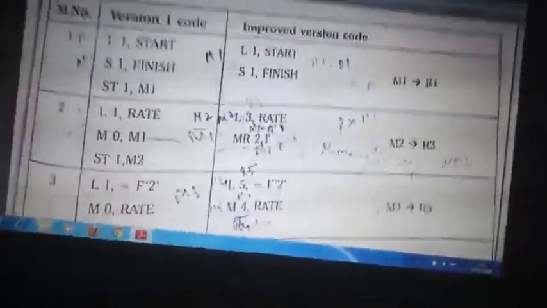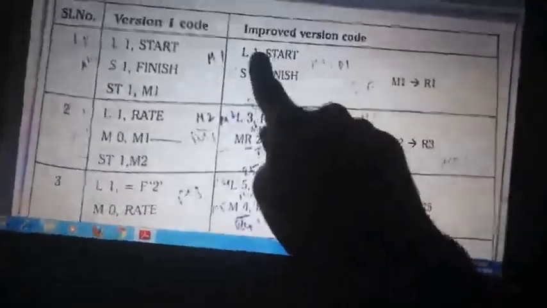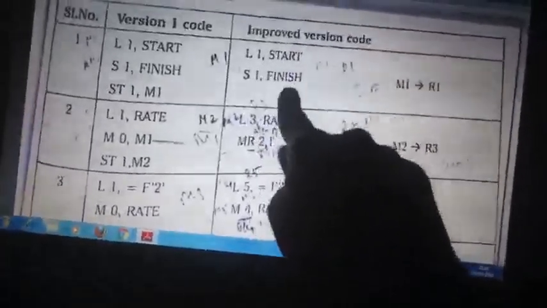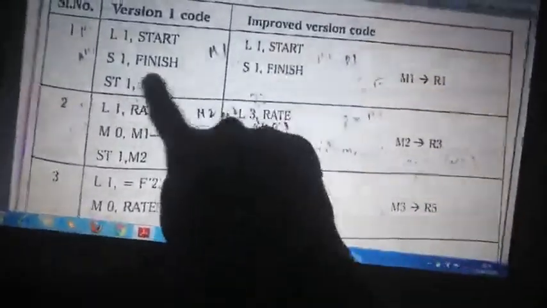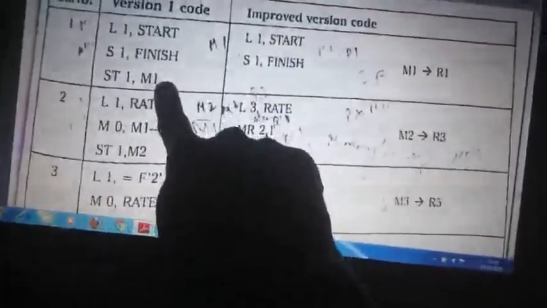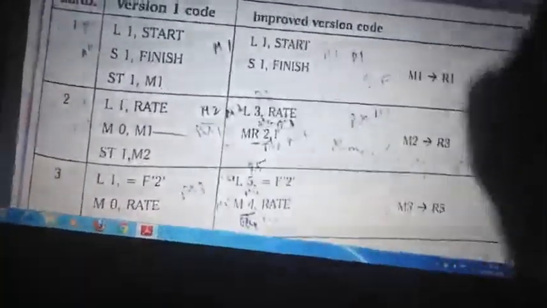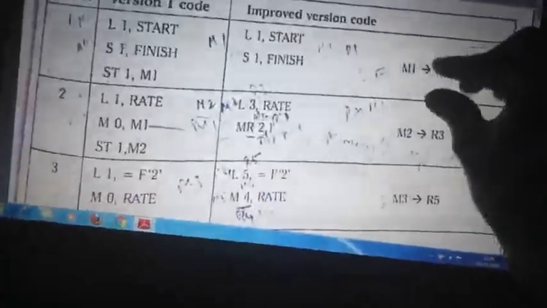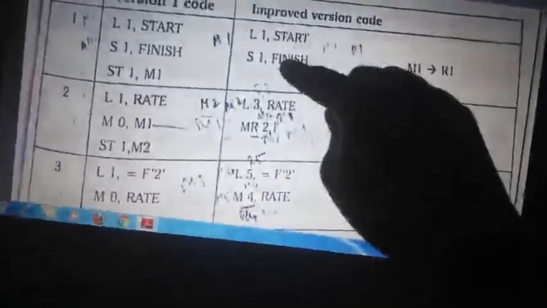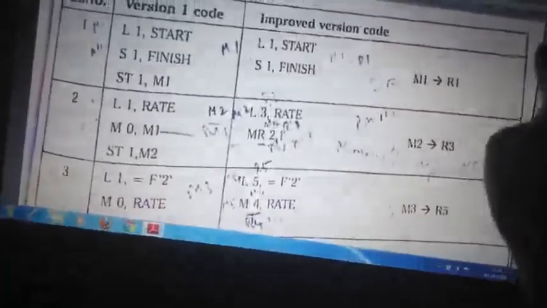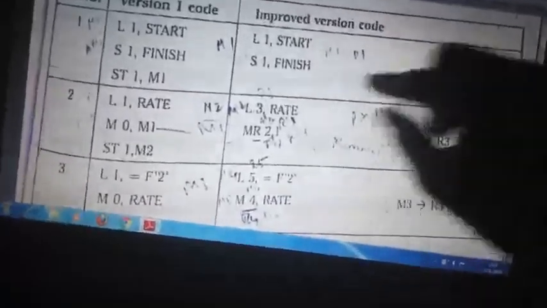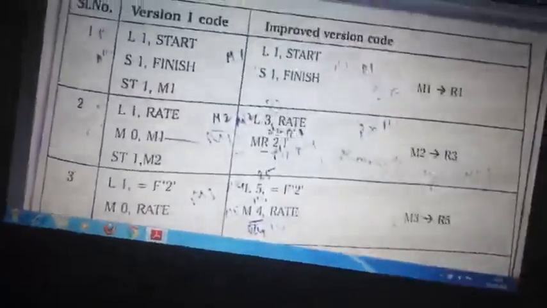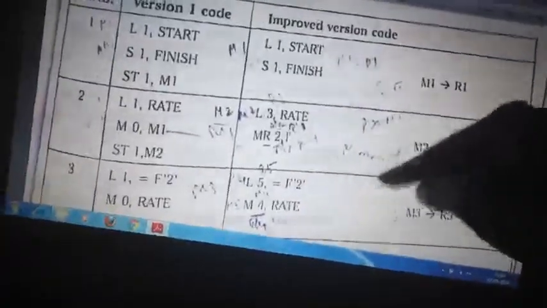So we have done the same thing. We loaded start into register 1, and we subtracted, and the result is in register 1. We are storing the result in register 1, not storing it back again into the line number. We are using one register as it is. So this does R1 store start minus finish. So one register is over. The second register we won't use, we'll leave it for the execution. We use the third register to store. So this is the plan we are following.